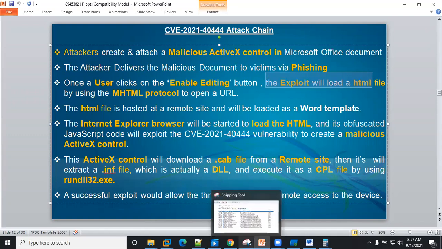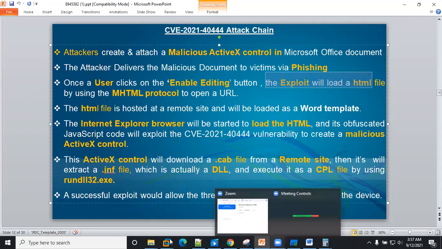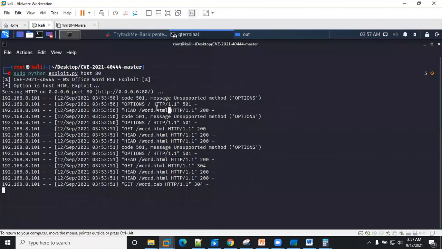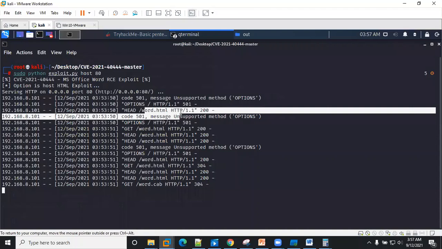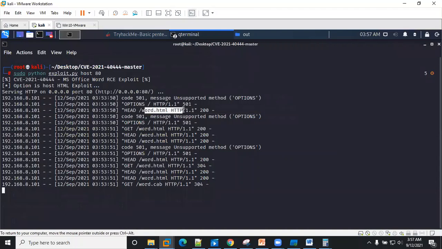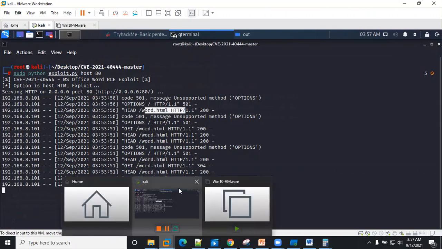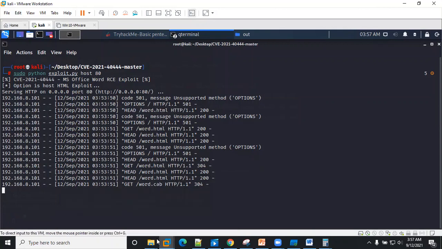So that is what we saw from this part. You can see the word.html file, right? So once the user opens up the document, the malicious ActiveX control tries to request, via the URL, the word.html document file